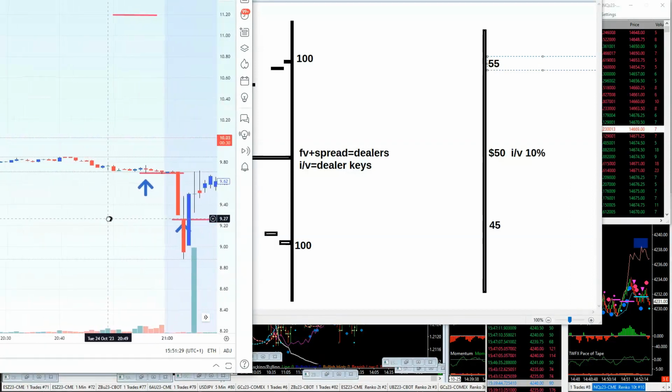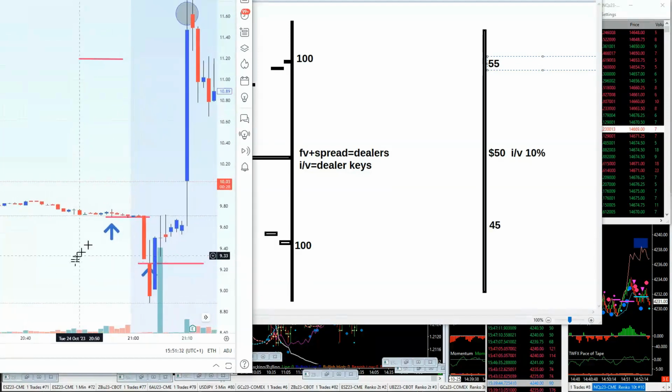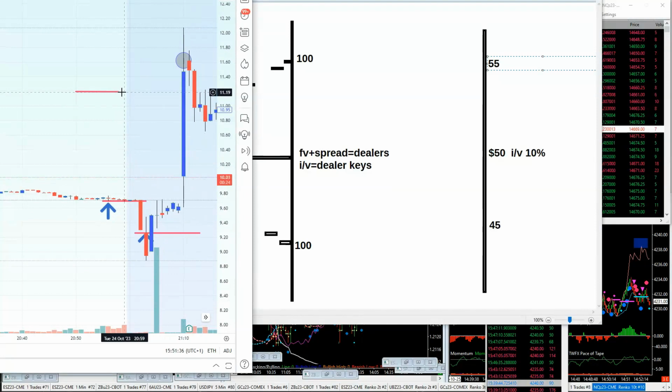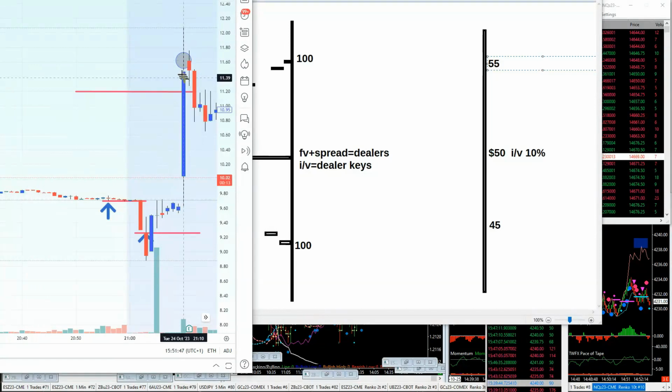And then, of course, the earnings came out, and this is what happened. Right through the dealer's key. And as soon as we went through the dealer's key, I just polished off all my trades into these areas, and we had a pretty good day, right? We had a pretty good day. So we cleared 16%, no problem, which is always good, isn't it? Very good.